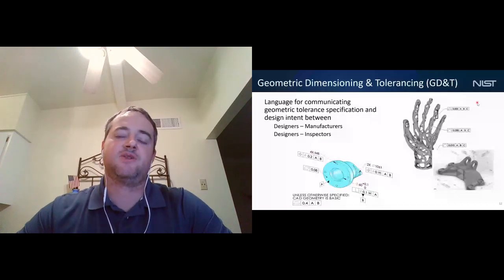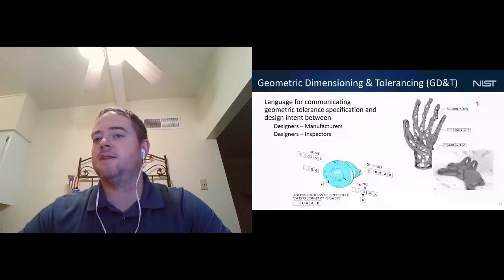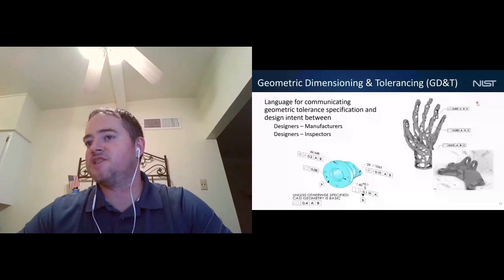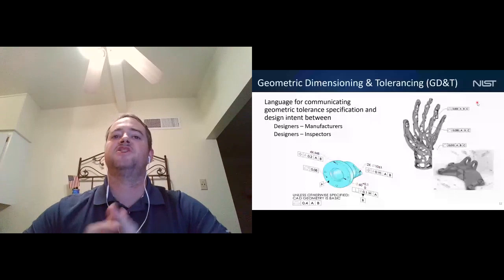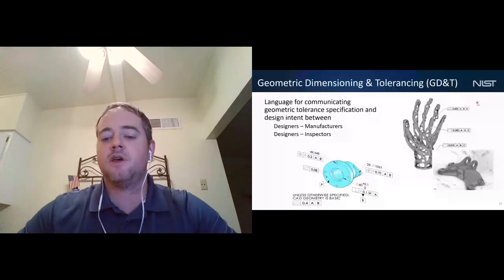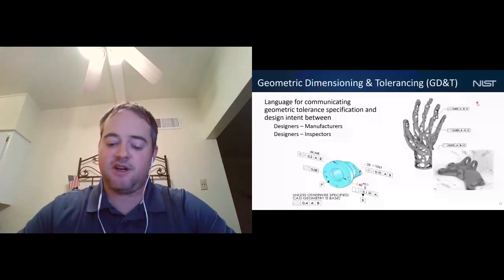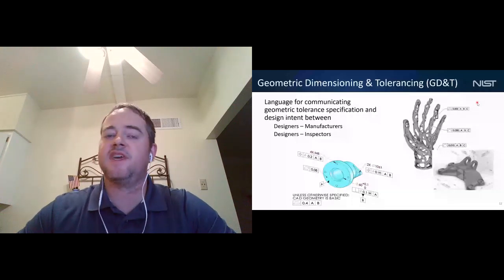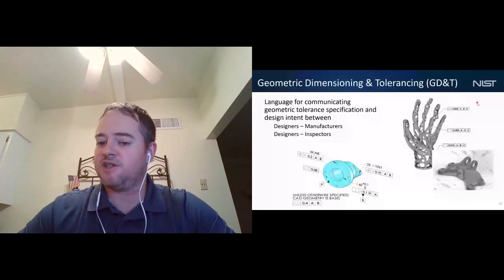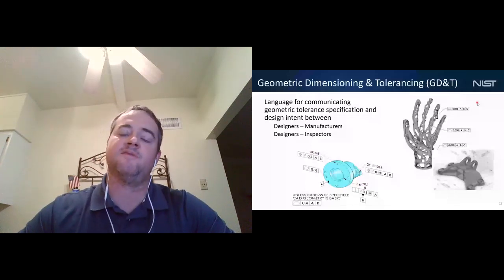Another challenge with additive manufacturing is when you want to communicate some of the process considerations that you may have made. Traditionally, when we talk about GD&T and product definition, we want to focus purely on the geometry. But there are exceptions to the rule when we think about castings and forgings, and composites, and the implications of the manufacturing process on the final part and the final part requirements.